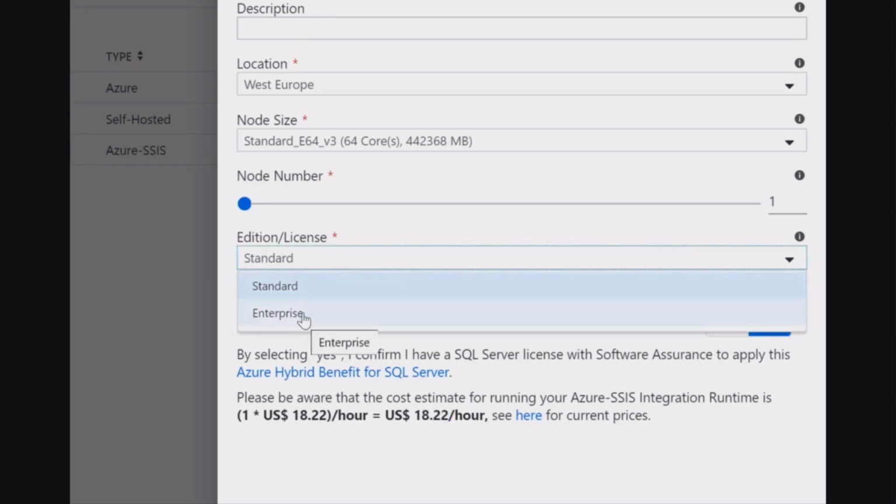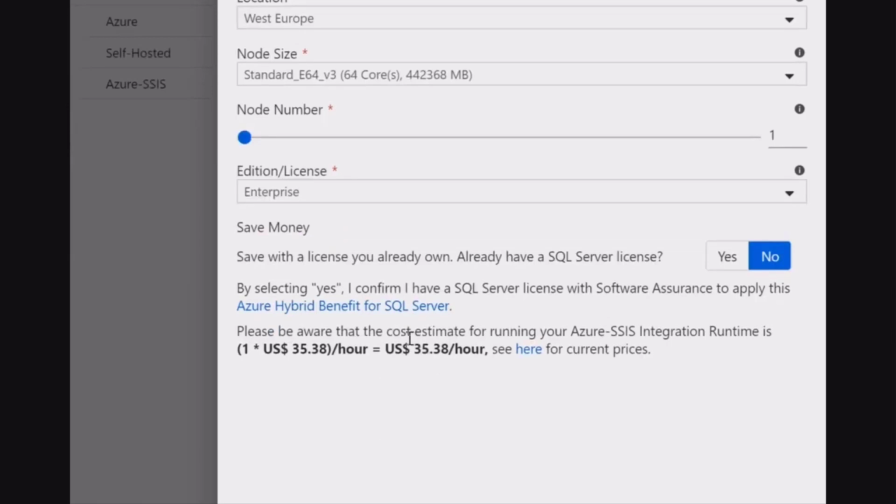So if I do use enterprise features, it's now going to cost me, in US dollars, $36 per hour. And obviously, you need to do the math based on what your current setup is. How much are you paying for your servers? How much are you paying for maintenance, licenses, and so on? You need to go in and do the math on that to see whether you will save money or not, because it is an it-depends kind of question.